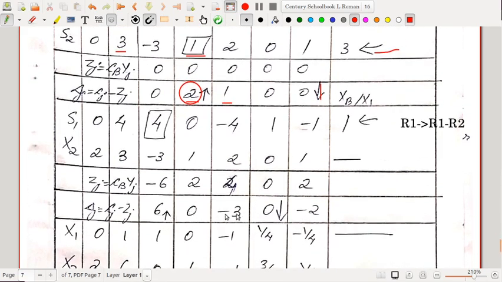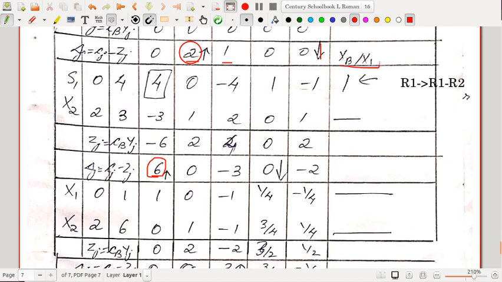So you see that all these are less than or equal to 0, but this is greater than 0. So this is a positive delta j. Since it is positive, we make an arrow here, and the corresponding vector, that is x1, is the incoming vector. So we have to calculate the minimum ratio of xb by x1, provided the entries of x1 are positive. If it is less than or equal to 0, we will not consider that entry. So the first one is 4 divided by 4, which is 1. 3 divided by minus 3 will not be considered because minus 3 is negative.